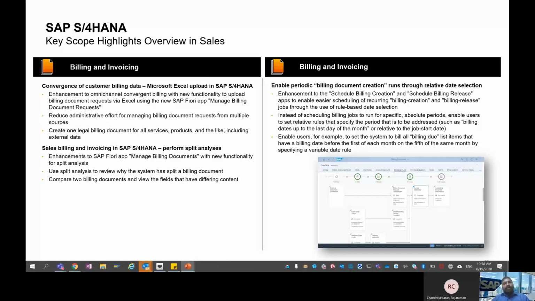This innovation of scheduled billing creation and scheduled billing release enables the user to set relative rules for billing. For example, billing dates up to the last day of the month, or relative to the job start date, like when you have to process bills for a specific start date.